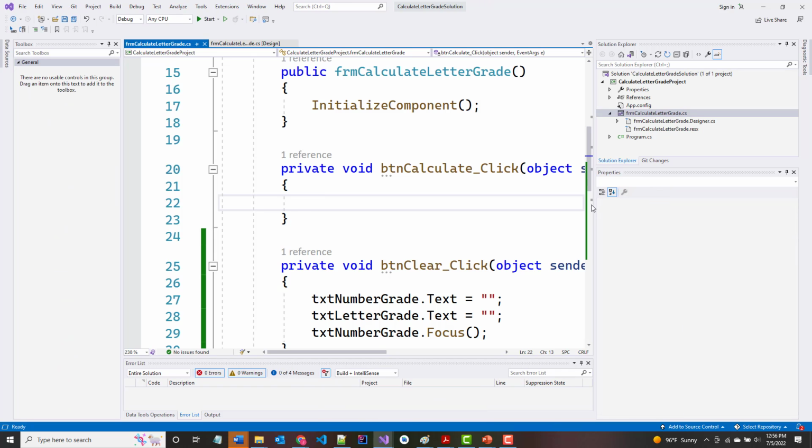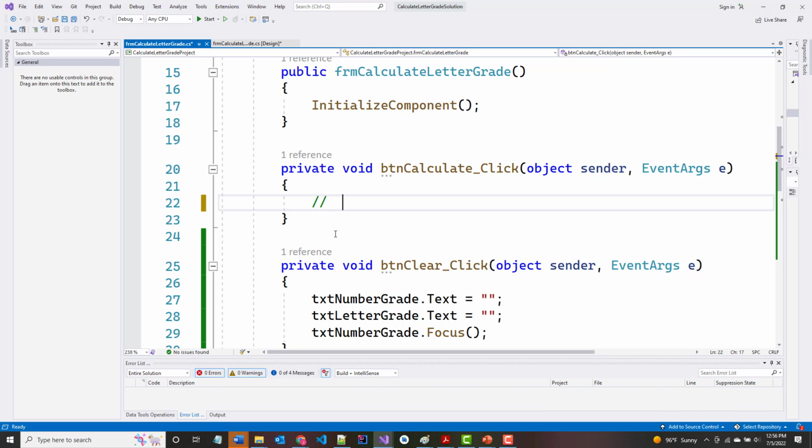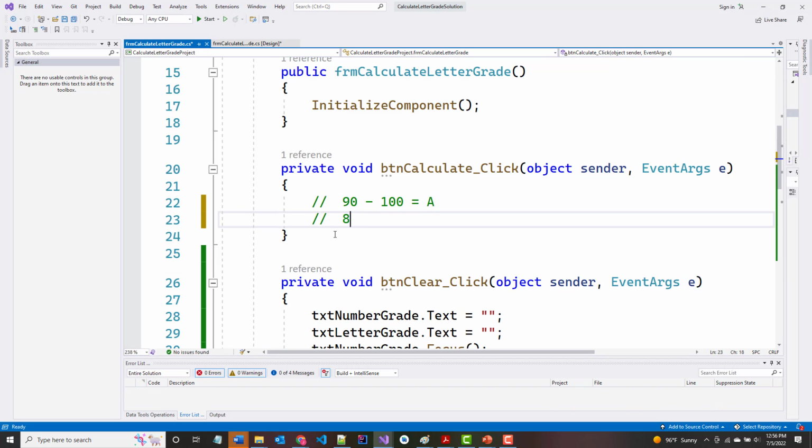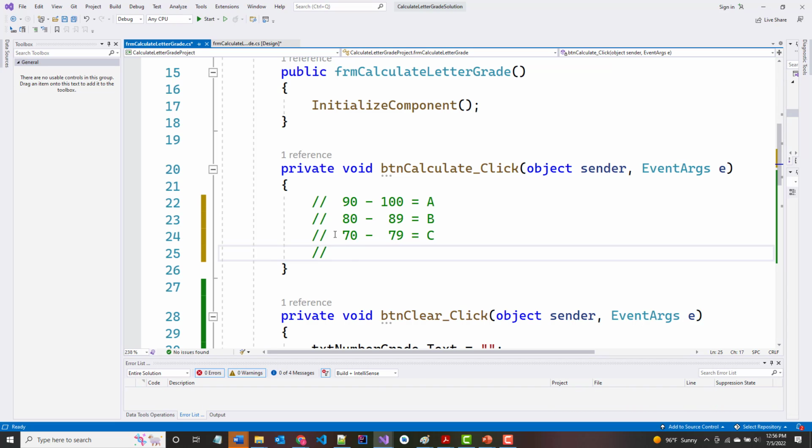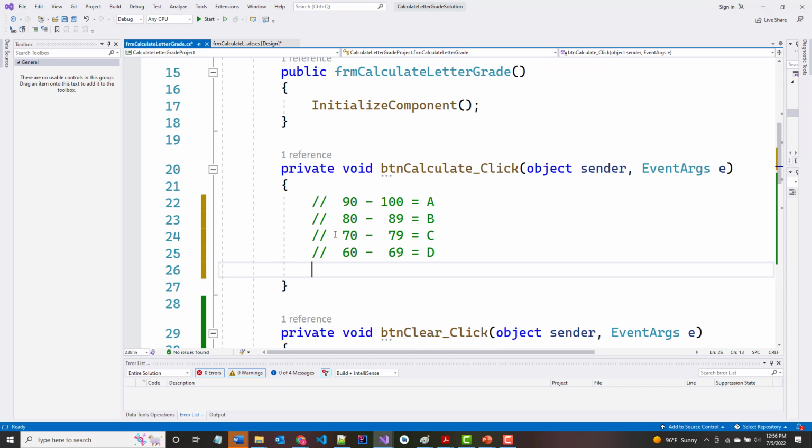So for calculate, I'm going to say here: 90 to 100 equals A, 80 to 89 equals B, 70 to 79 equals C, 60 to 69 equals D, and 0 to 59 equals F. Now, hopefully you're already seeing, and you probably haven't seen this before unless you've tried it on your own,